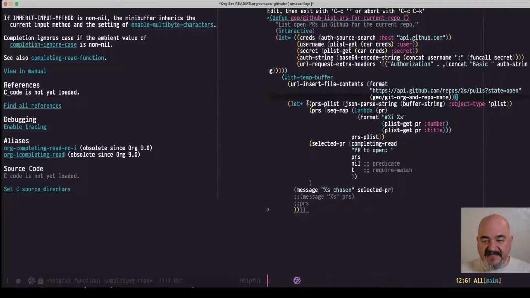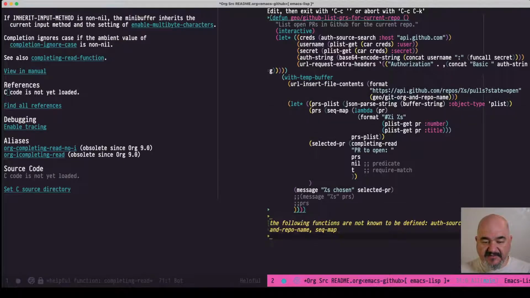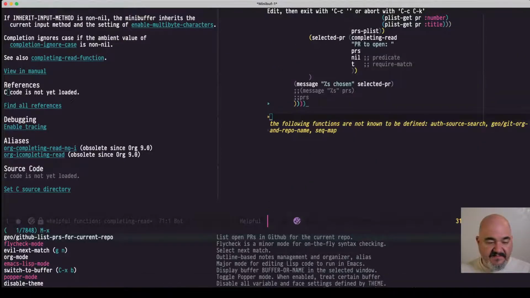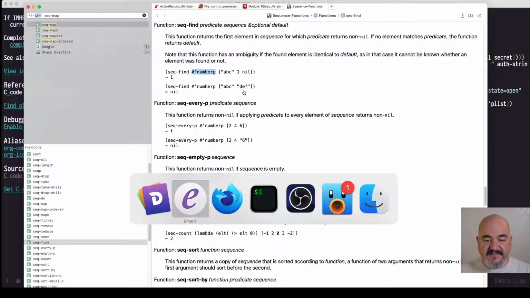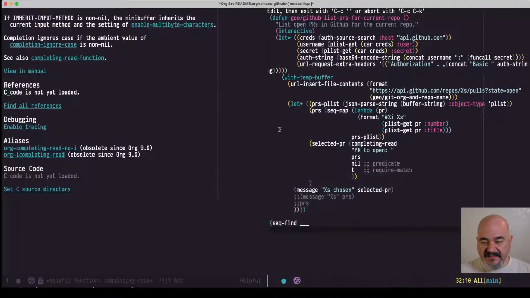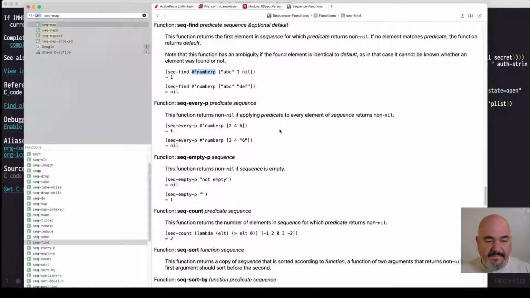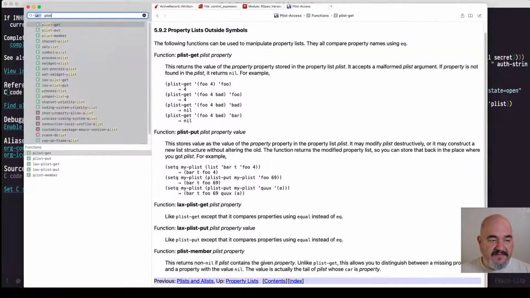Okay, so it's probably going to pass in each value. So let's go down here and try one. Let's flight check mode off this sucker. Okay, so let's try seq-find, and this is what we need to define in a minute. But for now, let's say our list is a plist. I've kind of forgotten what a plist looks like. So let's see if there's a plist. Okay, so it's, yeah, this little